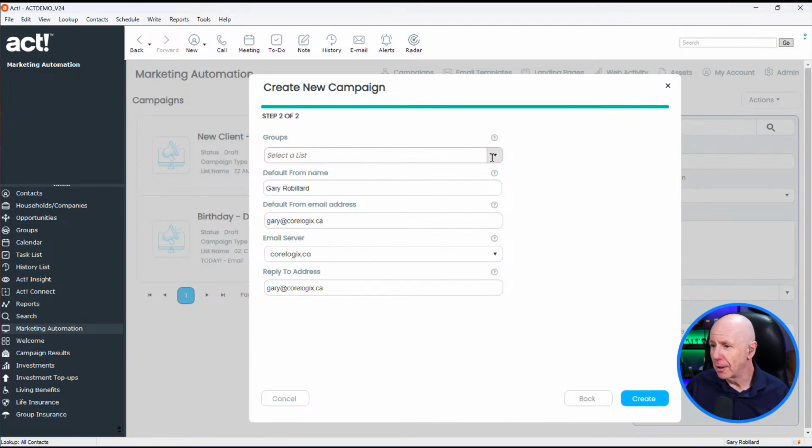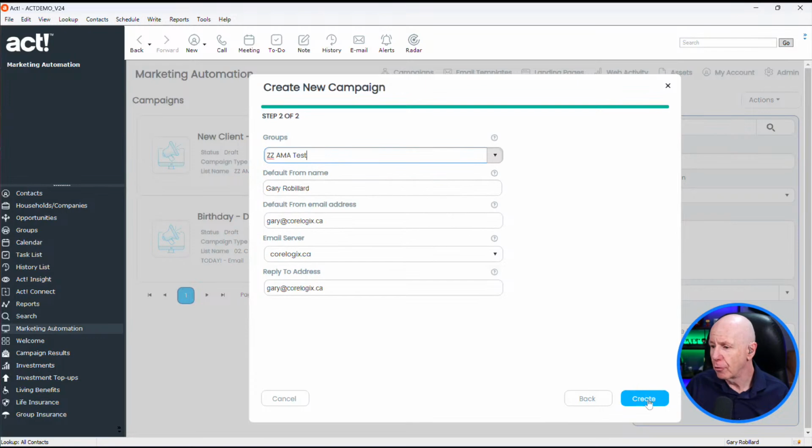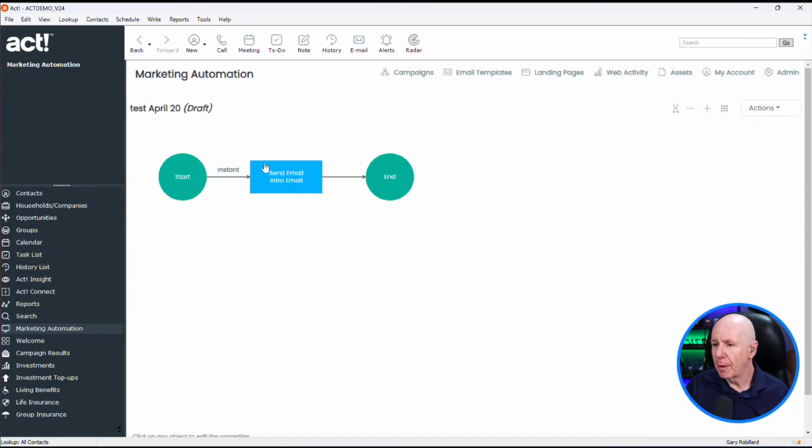All right, so we got this. Then you're going to choose a group that you're going to send to, and I'm going to send to my test group. And then what it's going to come up, and you can basically send one email out at a time, or you can send what they call a drip campaign, where you can actually send one, and then 5 days later send out another email, and then 5 days later send out another email.